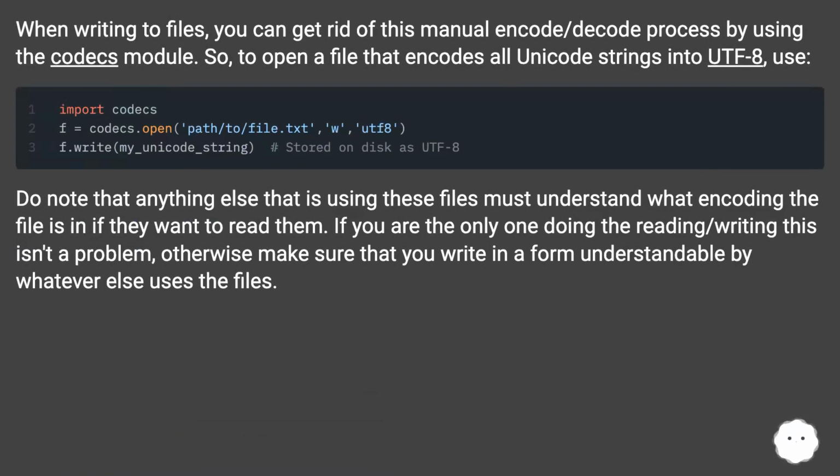When writing to files, you can get rid of this manual encode-decode process by using the codecs module. So, to open a file that encodes all Unicode strings into UTF-8, use: